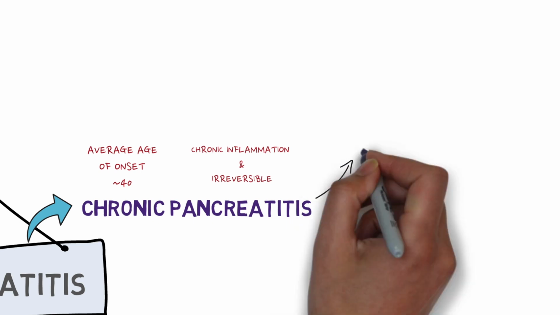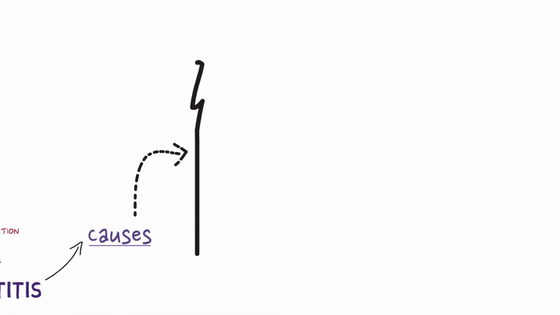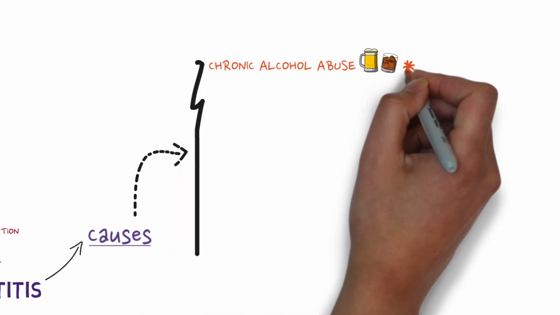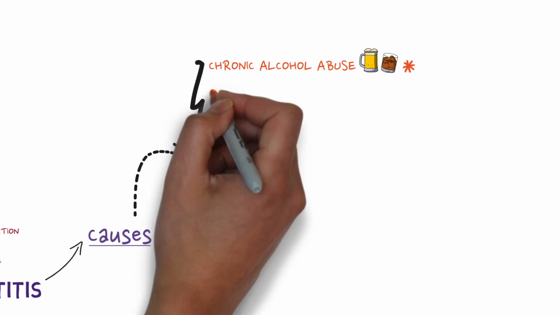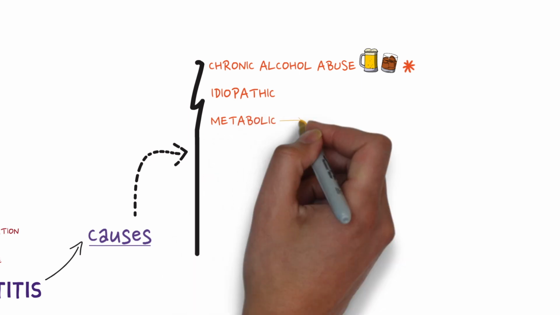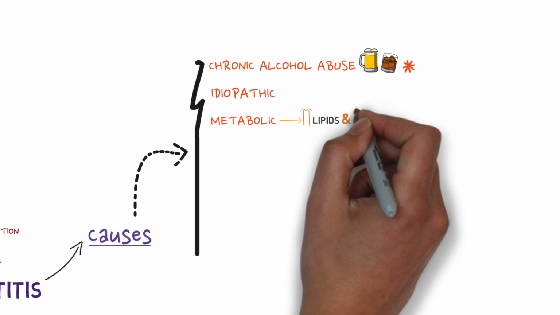Some of the causes of chronic pancreatitis are similar to that of acute pancreatitis, in particular alcohol consumption being the most common cause of chronic pancreatitis at 60%. 30% of chronic pancreatitis cases are idiopathic in nature. Other notable causes include metabolic disturbances, such as hypercalcemia or hyperlipidemia,